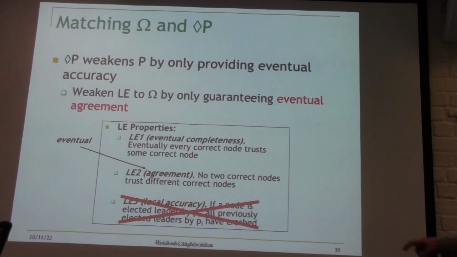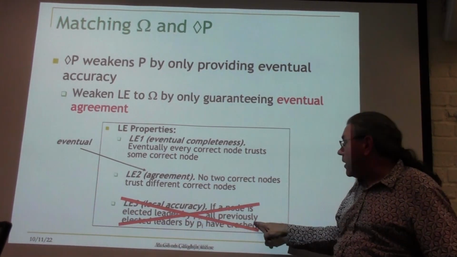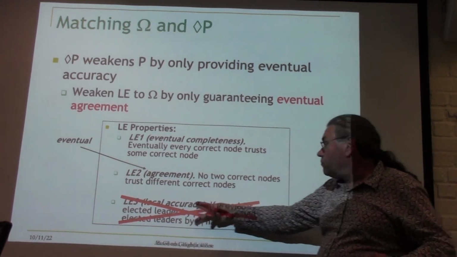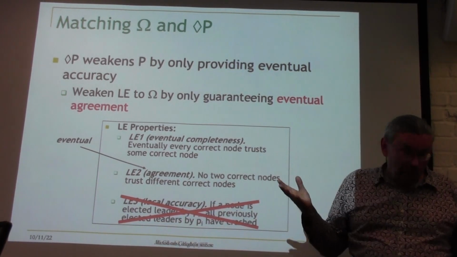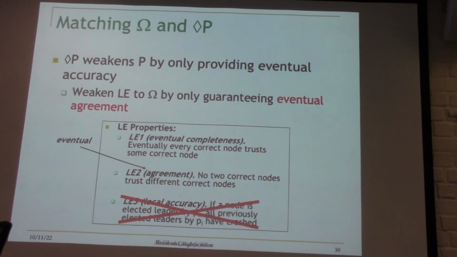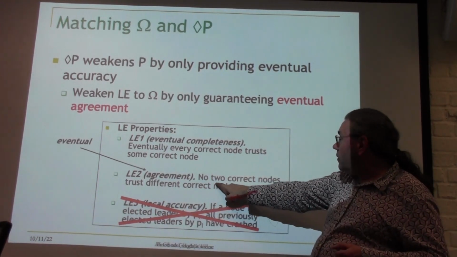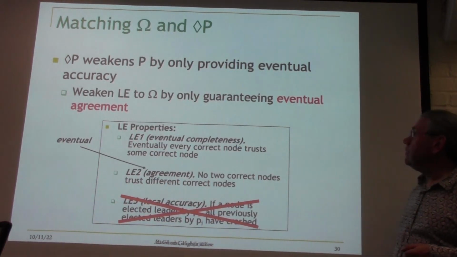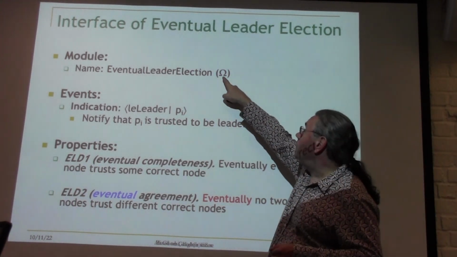And so here are the properties of leader election. So we forget this third one now, because eventually it's going to be making mistakes in any case. This was kind of to make it less frivolous, but omega is going to be making real mistakes. Okay, that's part of the deal for omega. So we drop this third property, and the second one, the agreement, we will make it eventual. Okay, so we get this interface. This is the interface of omega.